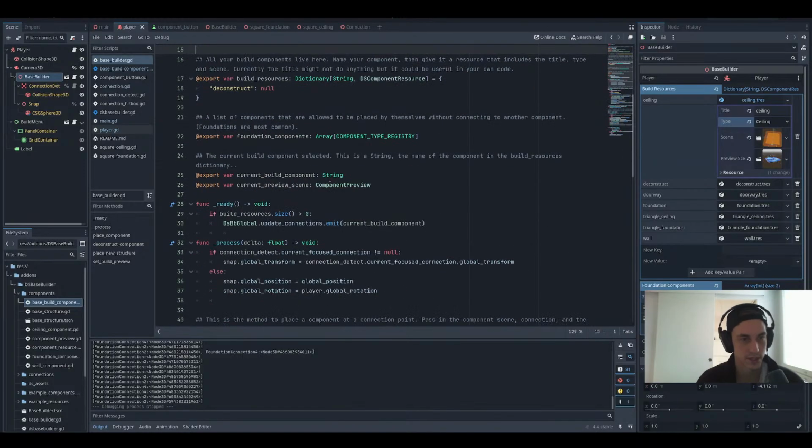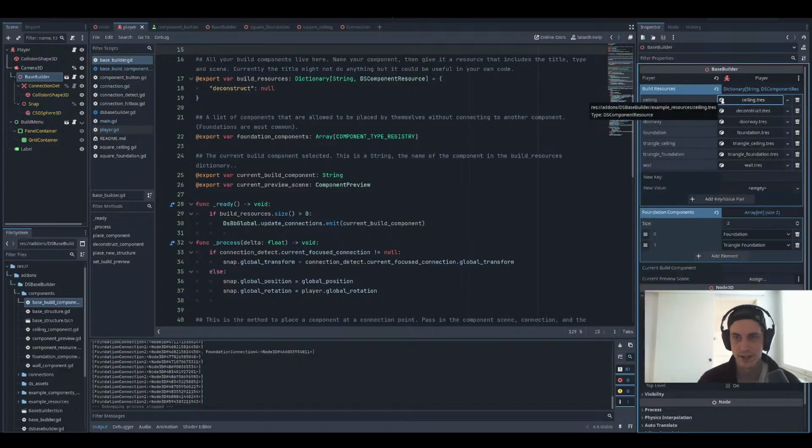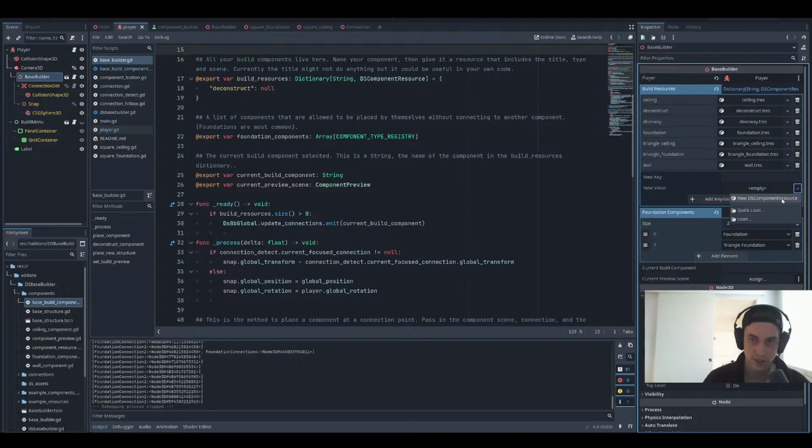But I'd like people to mess around with it and find the bugs and see if there's things that are really annoying to use. Because I know some of this is a little cumbersome. Like when you add a new component, you have to end up adding a new resource. But the resource, I mean, that's not too bad. You just give it a name. You add a new resource that has a preview scene, a scene, and some other stuff,